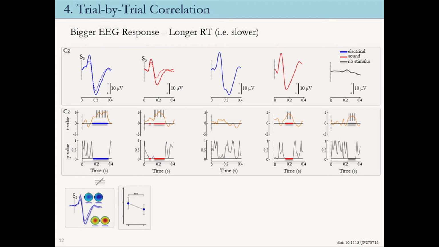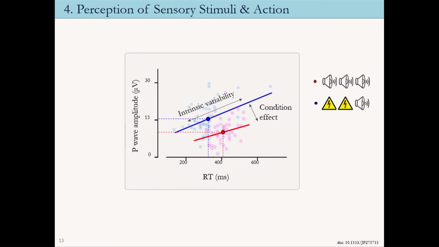So again, it seems that we are becoming slower. So by the full picture of it, we were still puzzled. How can both relationships be true? What have we done wrong? And in order to understand how this can be true, we went back to our individual data, to our individual